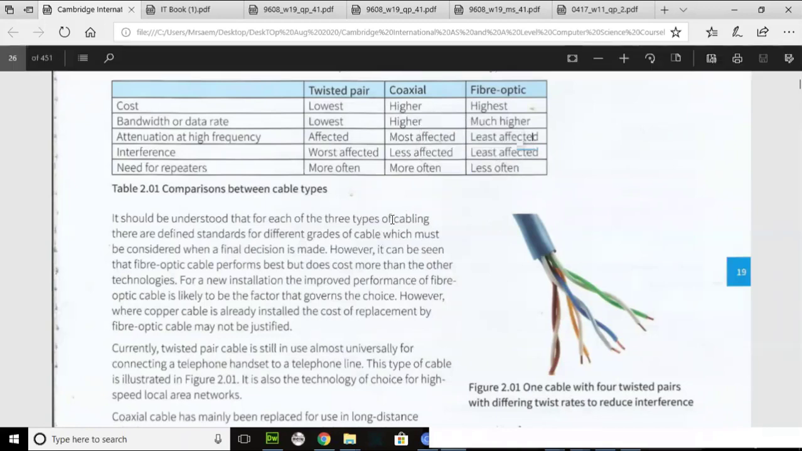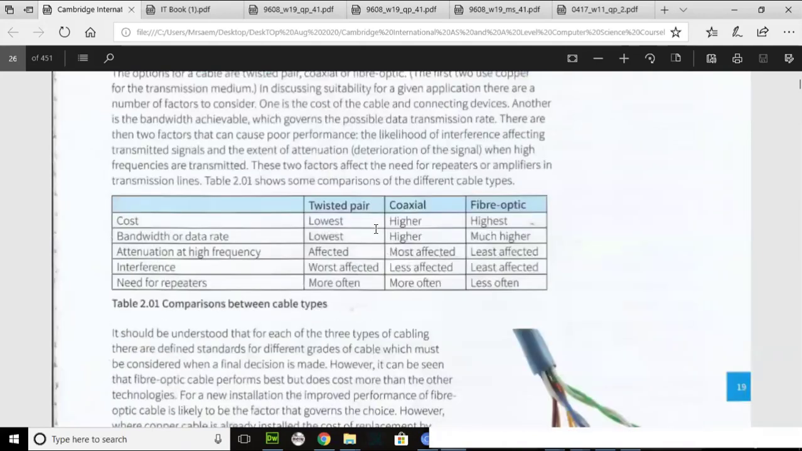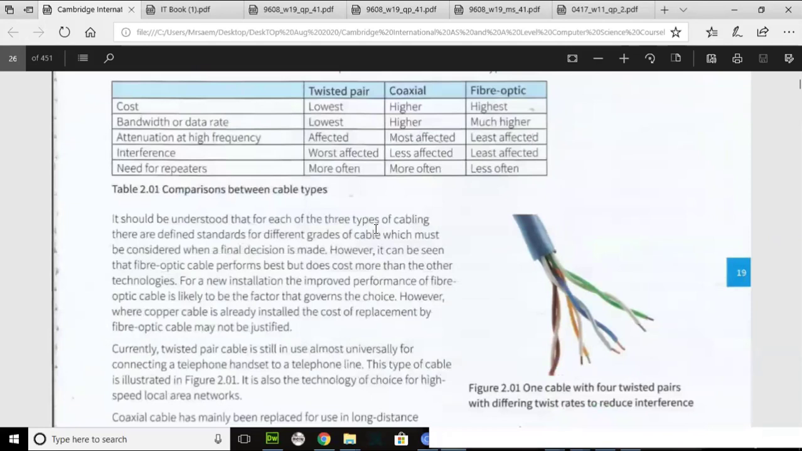Attenuation is less affected, obviously, and you can even bend it a lot. You can still bend it even at 90 degrees, and your data will keep on transmitting. It's something revolutionary. If we talk about how many connections we can provide through fiber optic, with one fiber optic we can provide connections to hundreds and thousands, even around 2,000 connections to households